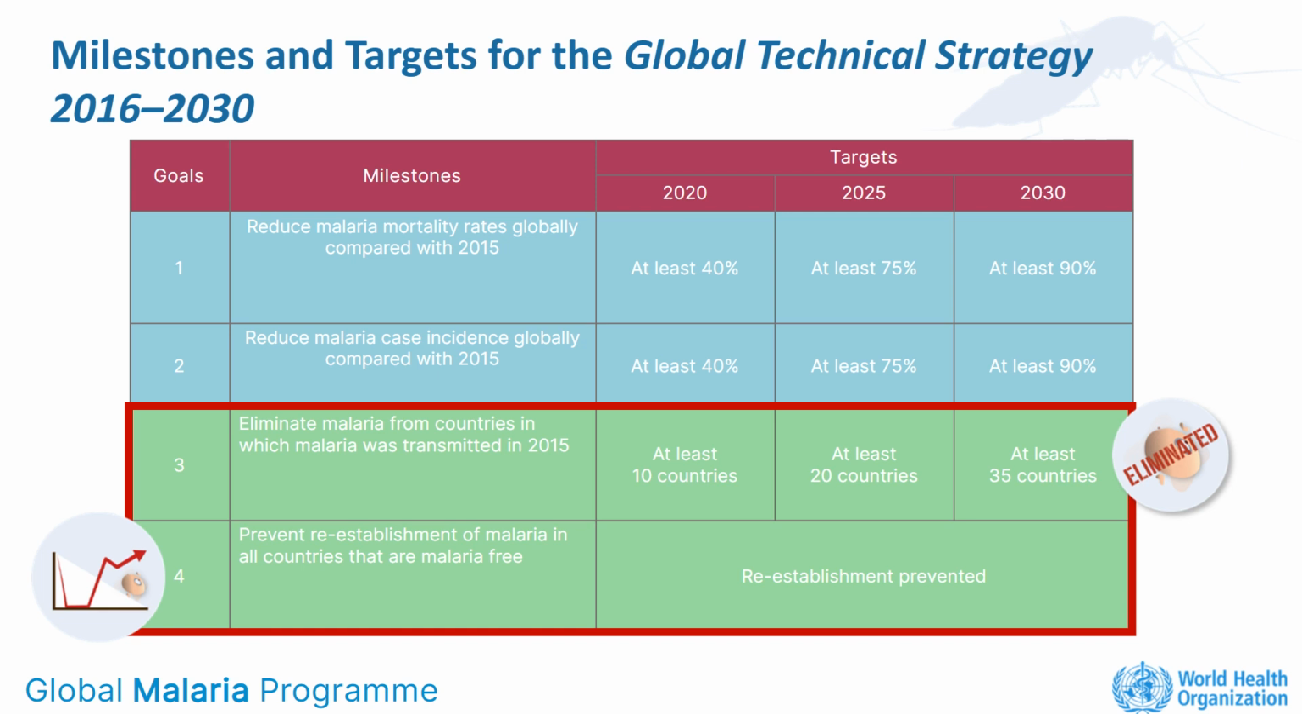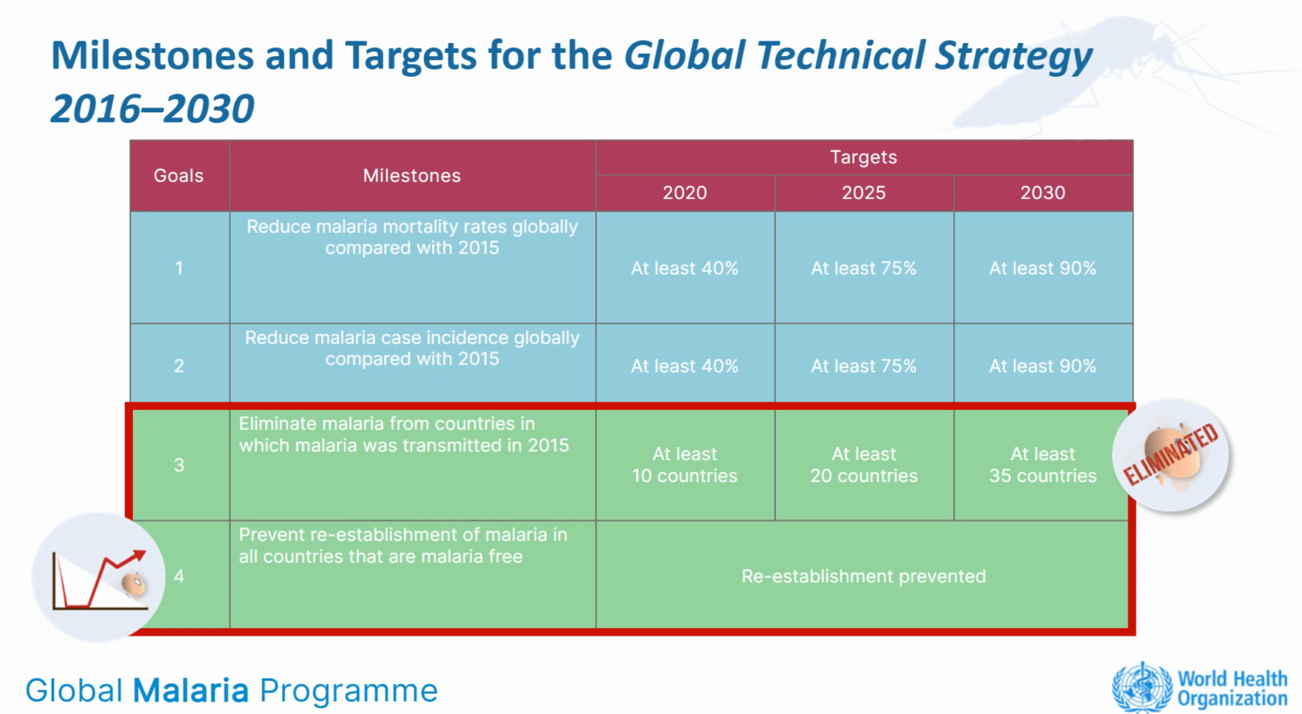We maintain the gains that have been achieved and avoid a resurgence in transmission that could quickly set back all of the efforts undertaken for decades. Therefore, one of the goals of the GTS is that all countries that reach zero stay at zero. In Unit 9, we will discuss prevention of re-establishment in more detail, along with the steps countries can take to